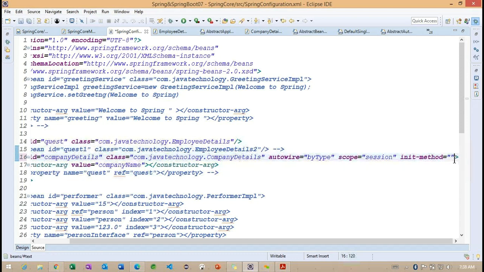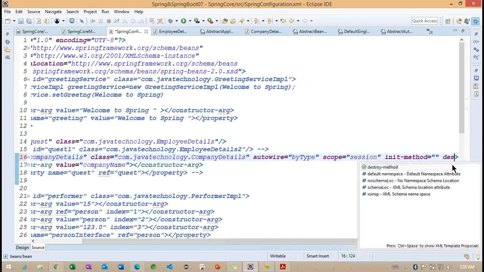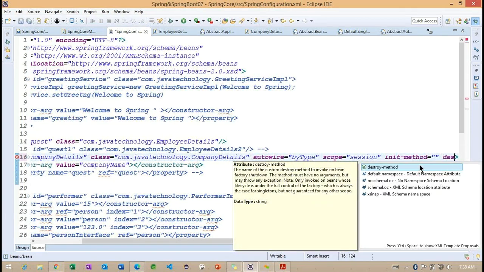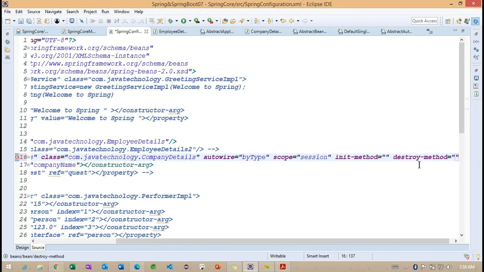In the same way, we have the destroy-method. This destroy method is going to be called whenever the object is removed from the container. Right? So we need to specify the method name. Whatever methods we create inside this CompanyDetails class, those methods are going to execute.